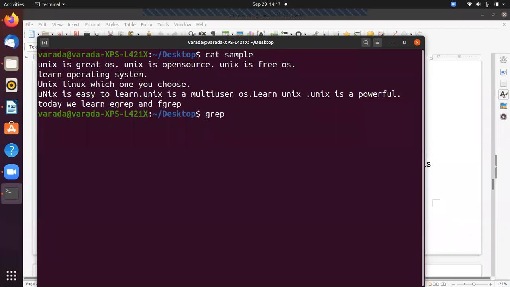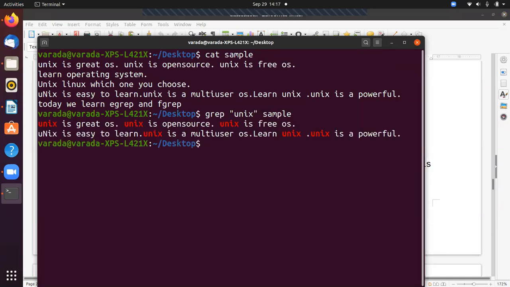For example, I give grep unix, the file name is sample. Now it prints like this. I give grep today, another pattern, sample. Now it displays another line.